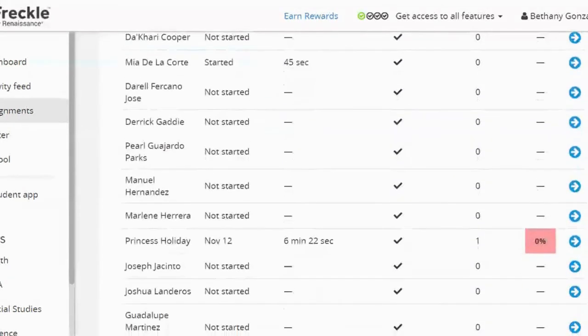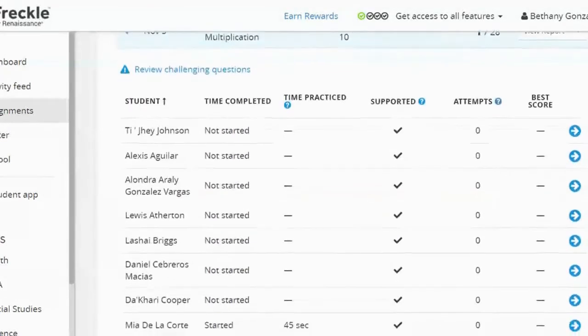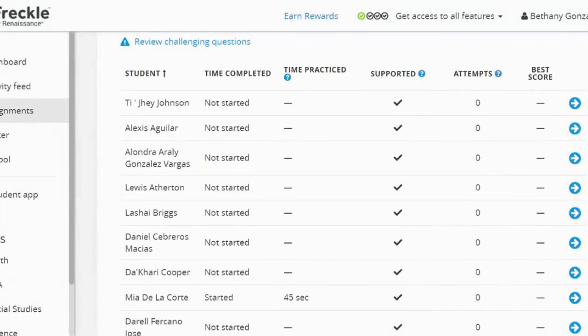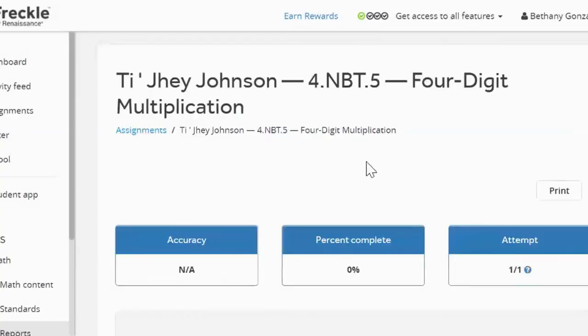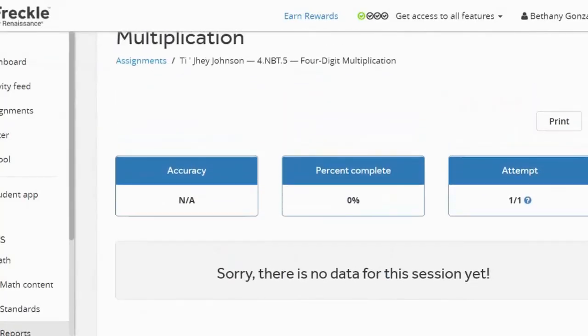This was just a practice one. We only had one student do it and we were just practicing, so they didn't get any correct. But this is where your scores will show up. If you click this arrow, you can see exactly what they did, how many they attempted, what percentage they got